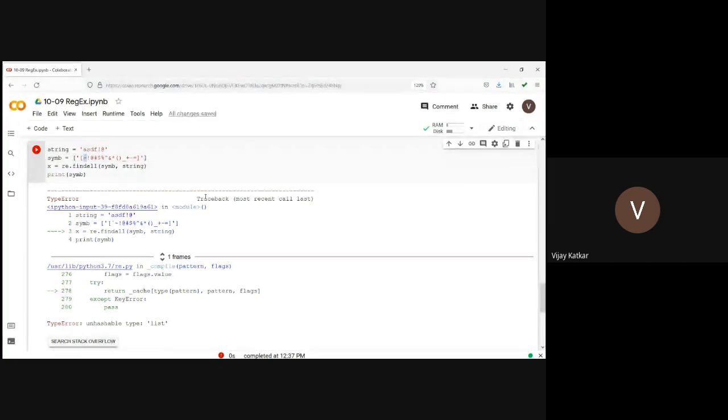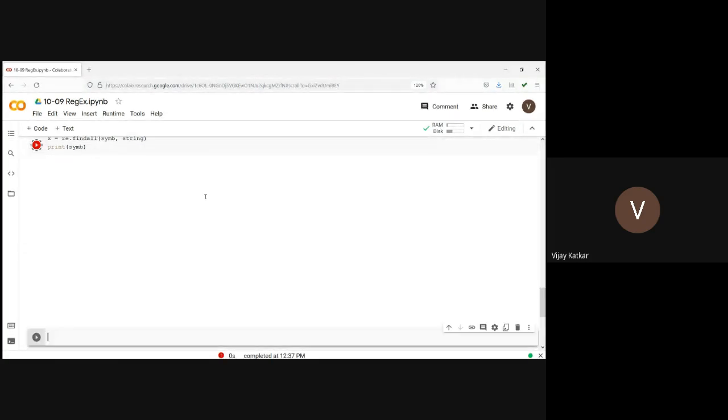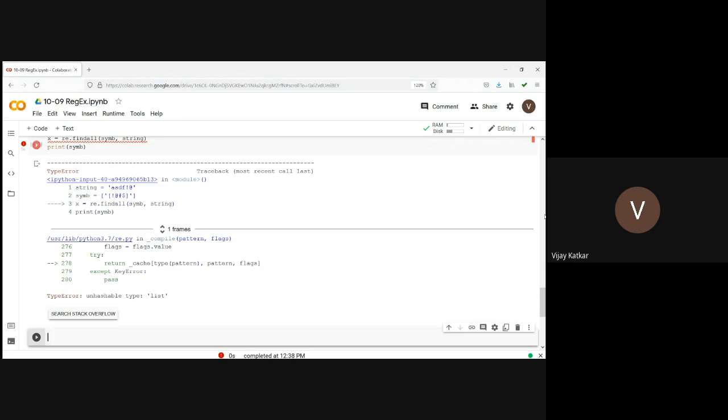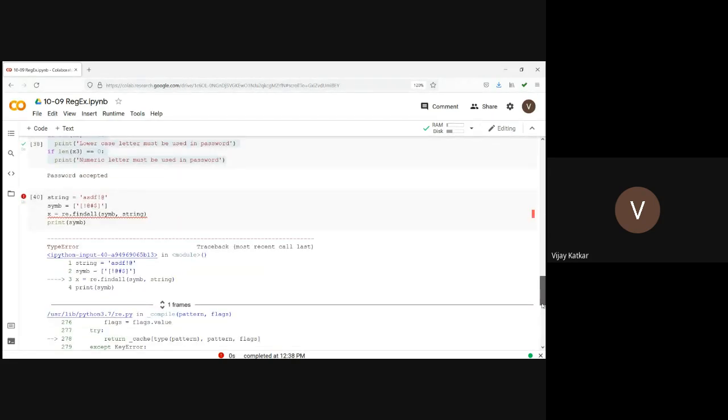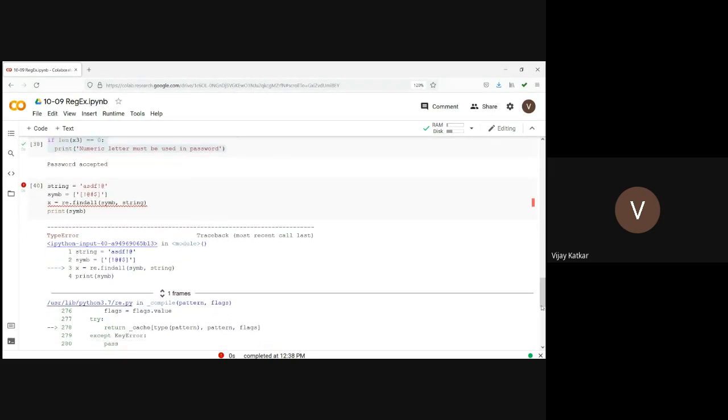I guess particular things are not allowed. Okay, let's go with few symbols first. So what's wrong here?